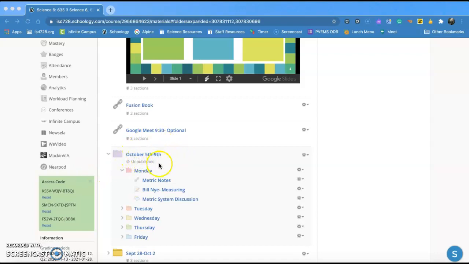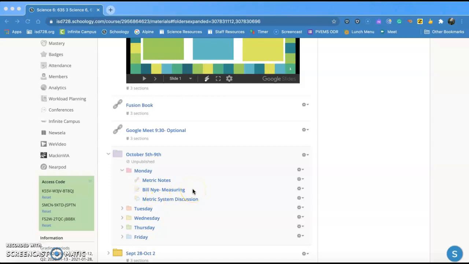It is Monday. The first thing that we're doing today is getting some metric notes down. There's a short, I think it's just like a 1 minute Bill Nye clip that talks a little bit about measurement. And then there's a discussion post here that I want you to do as well, talking about the metric